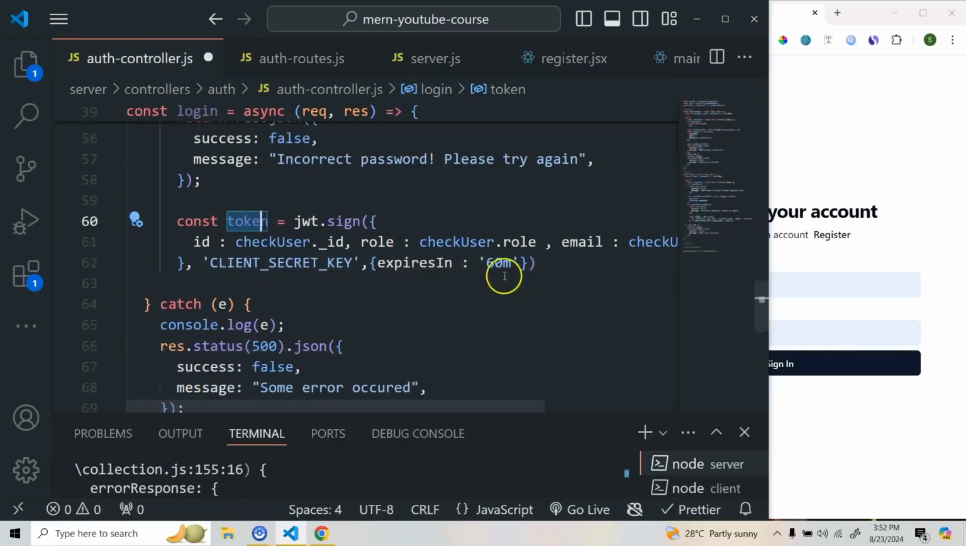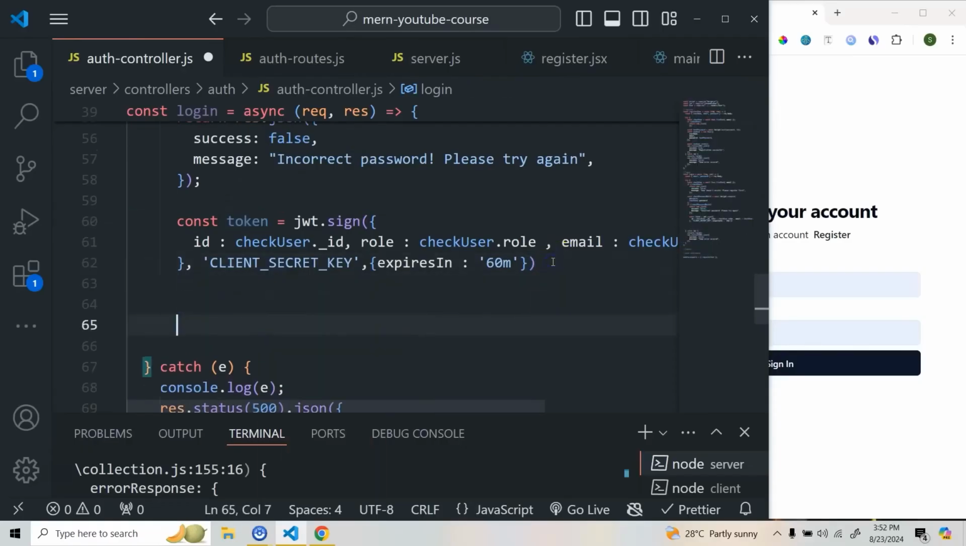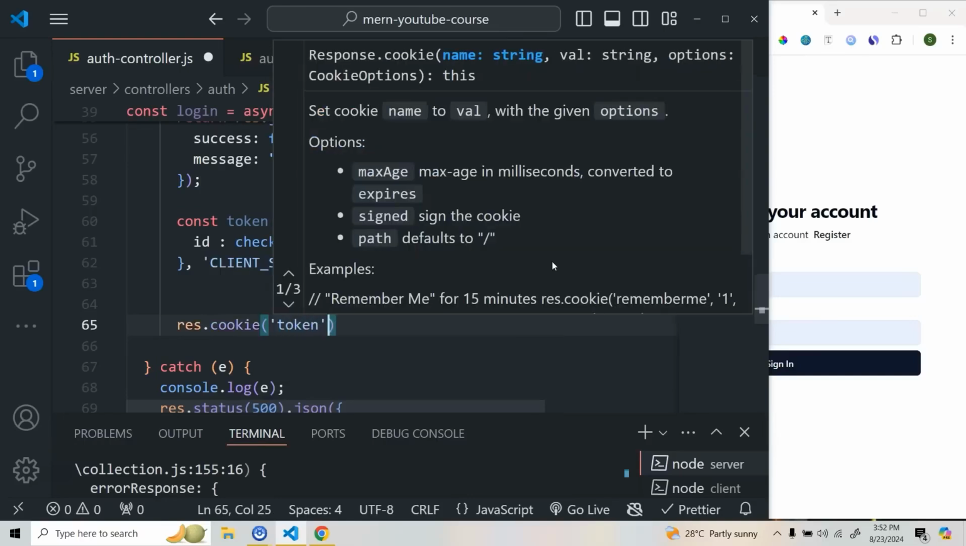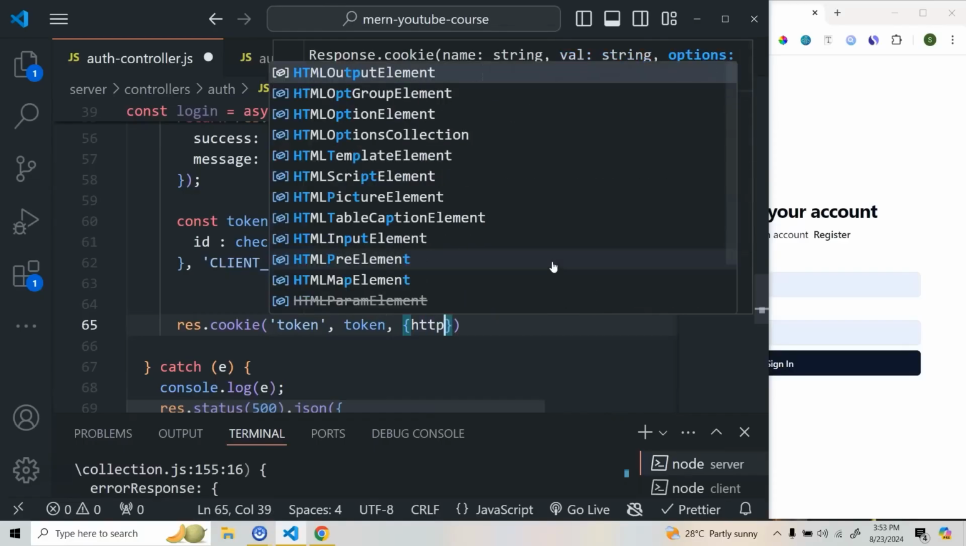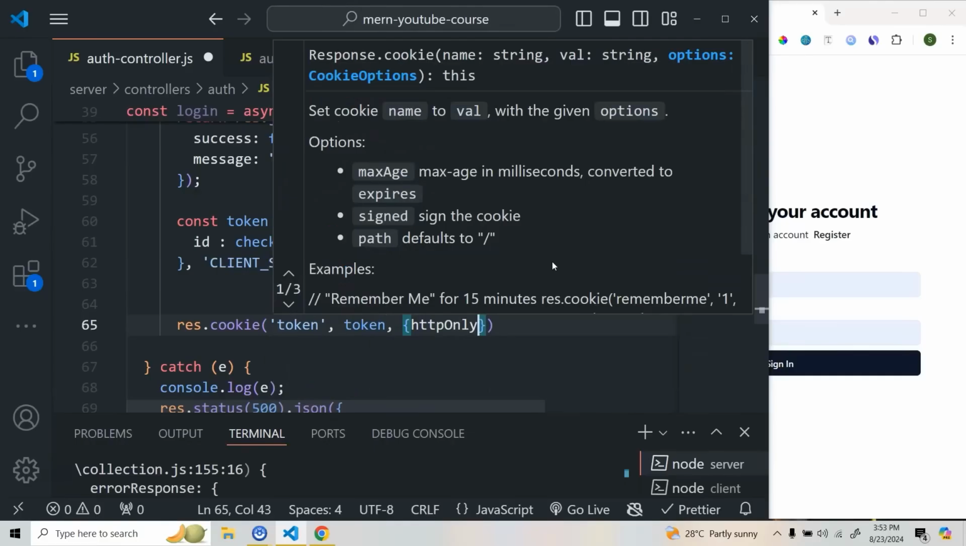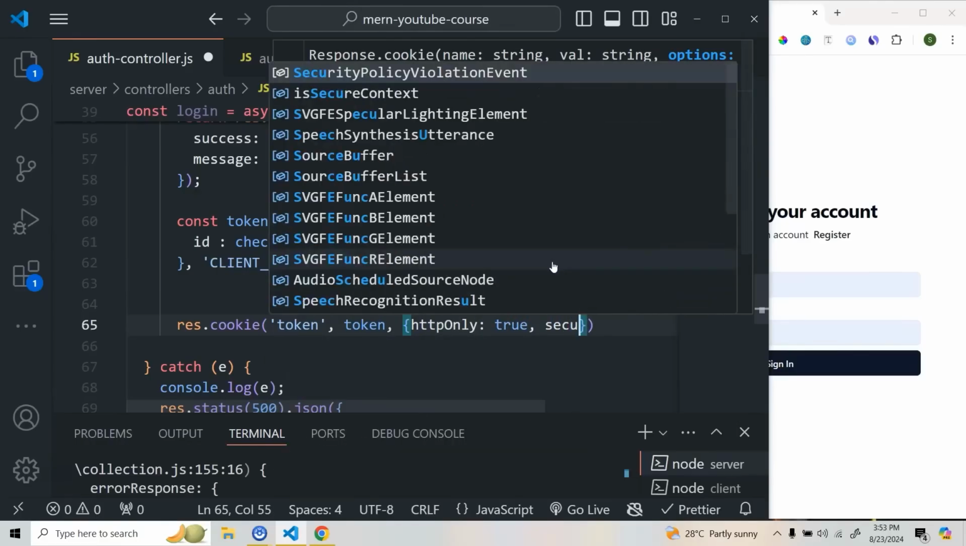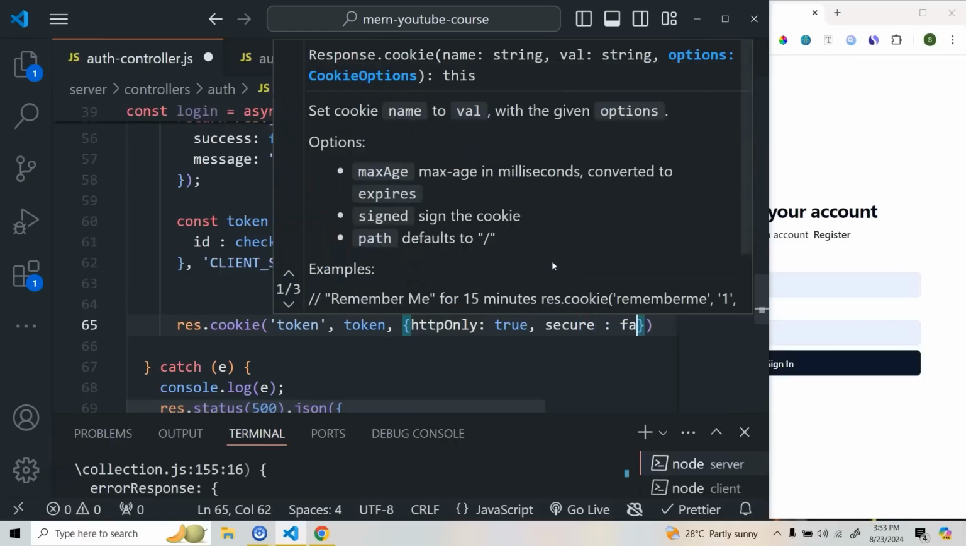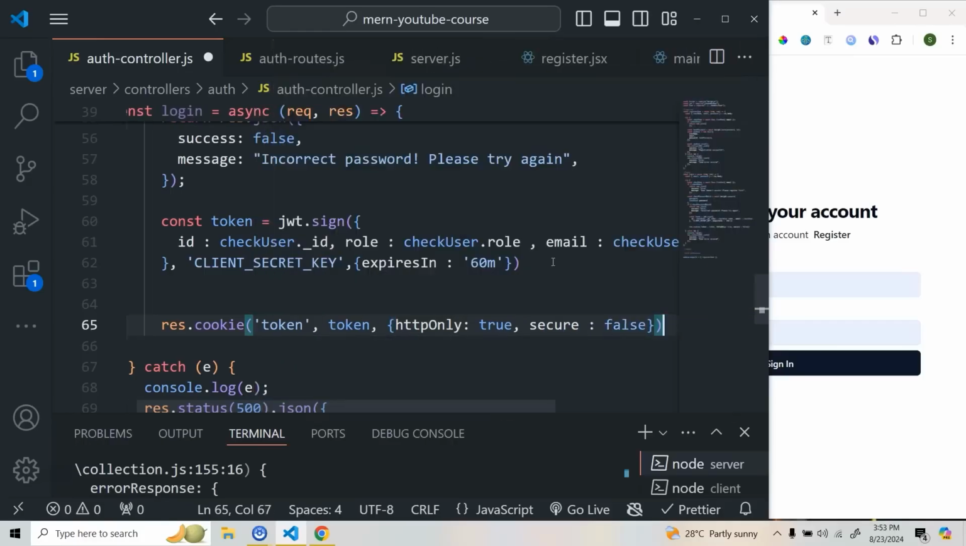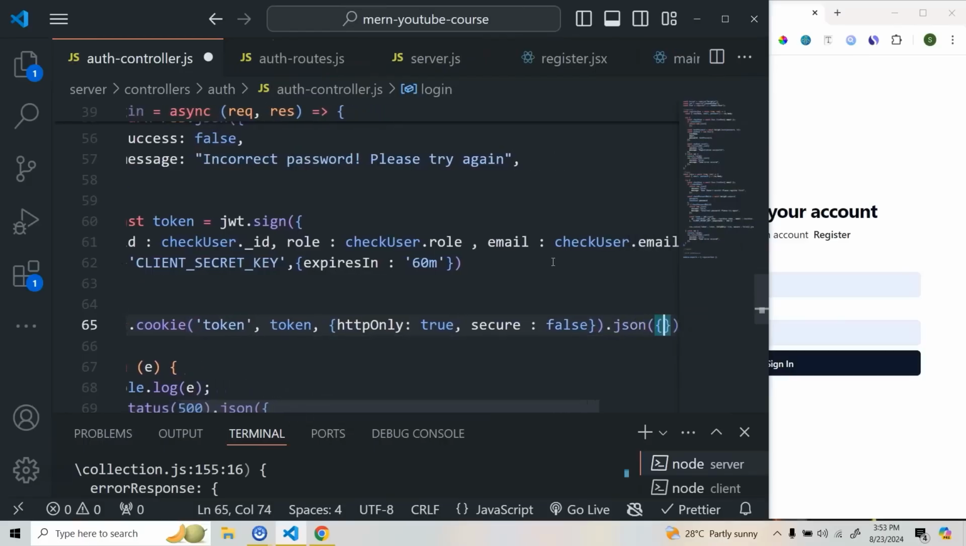Now once the token is created, what you need to do is simply call response.cookie, and here you are going to store this token that you have created. And you need to pass some properties, like httpOnly, which we'll keep as true for now, and secure, which is false. And then once all of this is done,